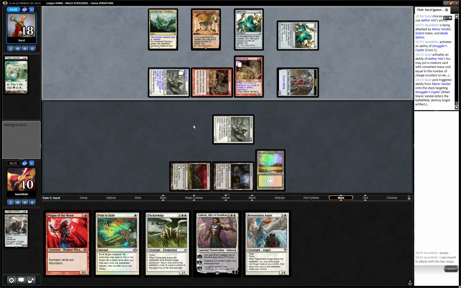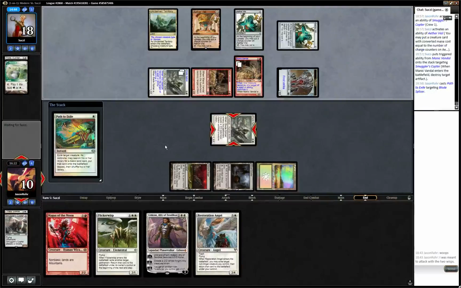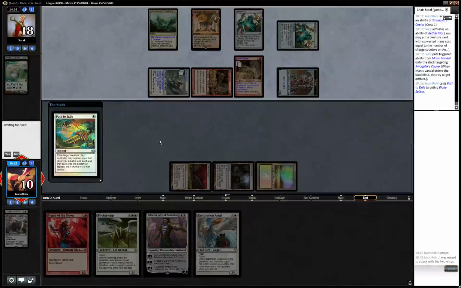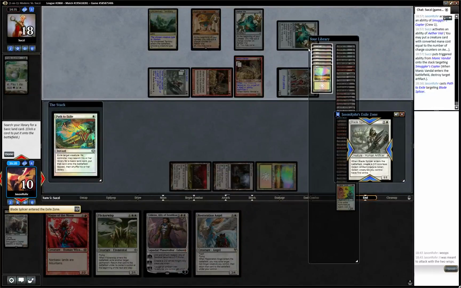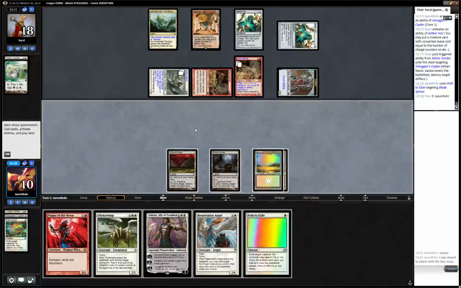I think we have to path our own Blade Splicer here, just to get anything going, actually. I don't think we can rely on drawing a land. So I think we have to do this. It's not a great position to be in when you have to path your own creatures to find something. Okay, that's not bad actually. So we can now...